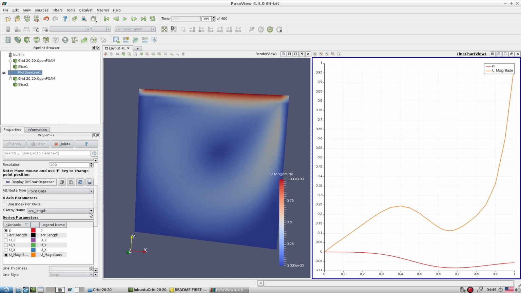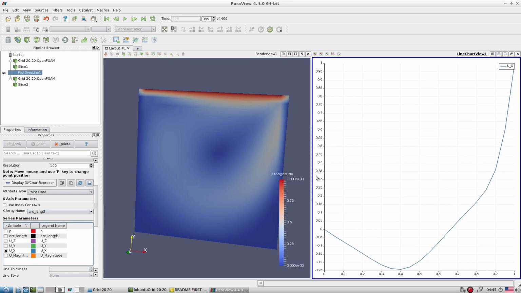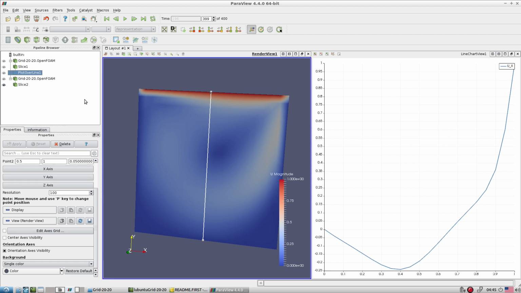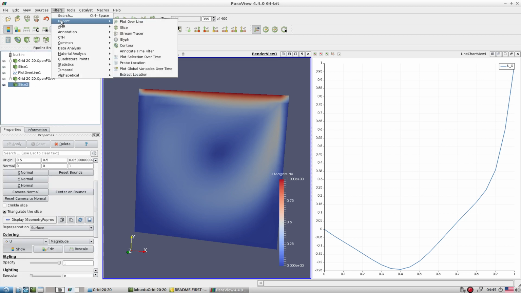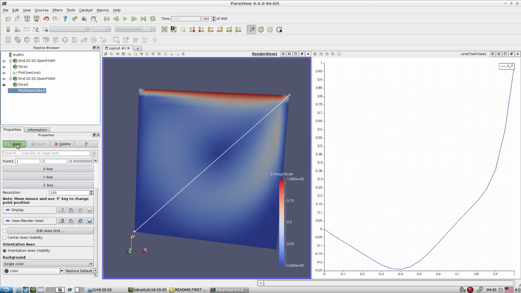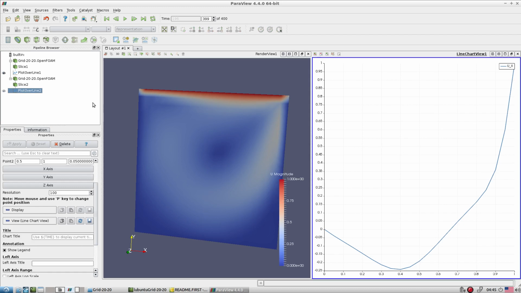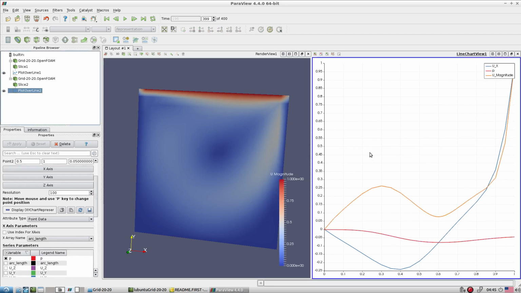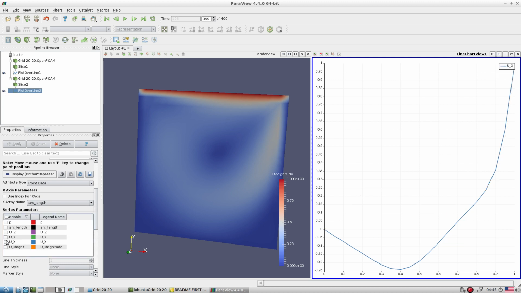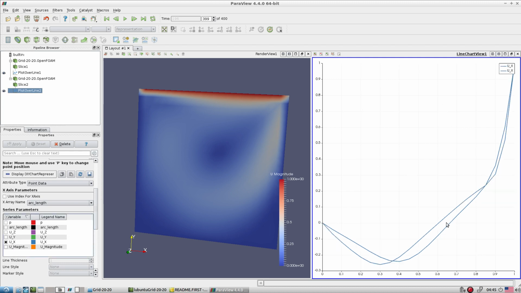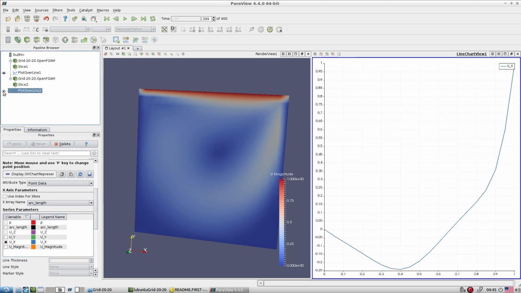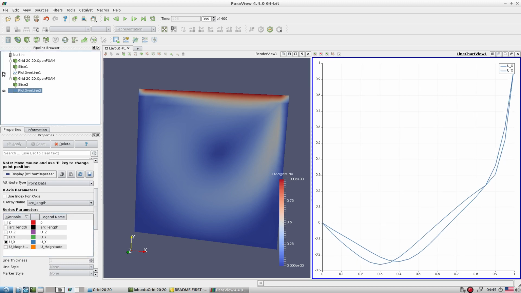Same way, along the y direction, it is better to see the x component of velocity. Now go back to the other one and create the line filter, again along the y direction. Close this, and on here itself we open that line. When you open there, one line is for the first one and the second is for the second part. So one is from icoFoam and another from simpleFoam.